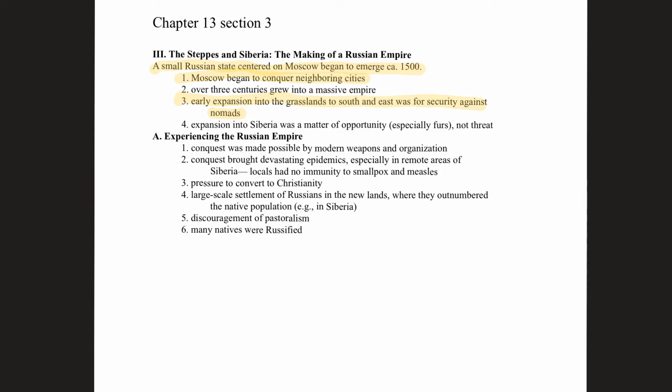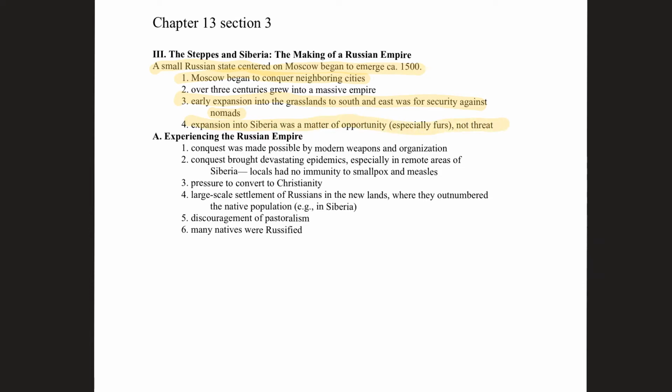So the state that is being created in Moscow starts to go into those exact same grasslands in an attempt to bring those nomads under control, to create a far more safe environment for the agricultural expansion that's going on there. We also have these guys going into Siberia as well, and this is just simply for a